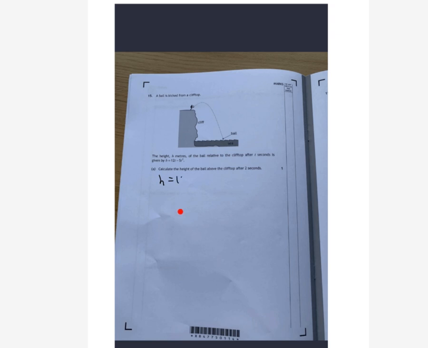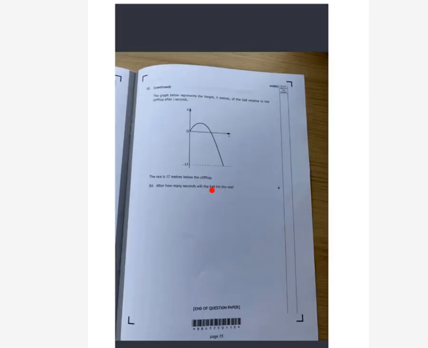So h is going to equal 12 times 2, 24, subtract 5 times 2 squared, so subtract 20, 24 take 20, that's 4 meters for 1 mark. So far, so straightforward. Now, we need to remember this relationship, h equals 12t minus 5t squared, because on the